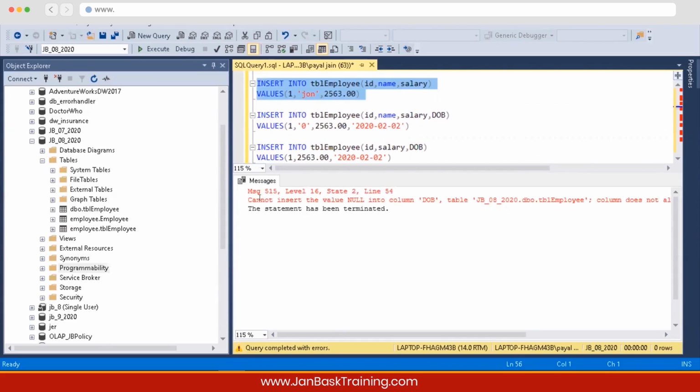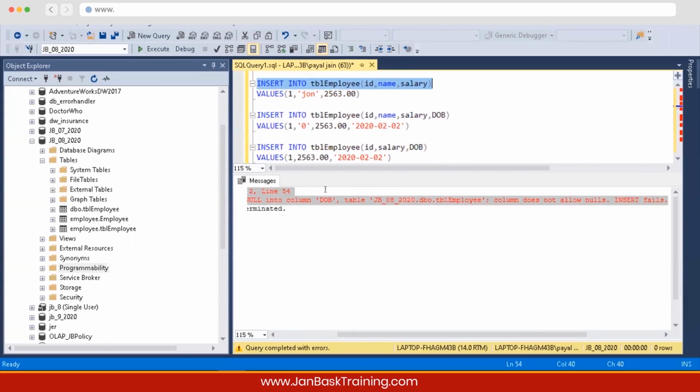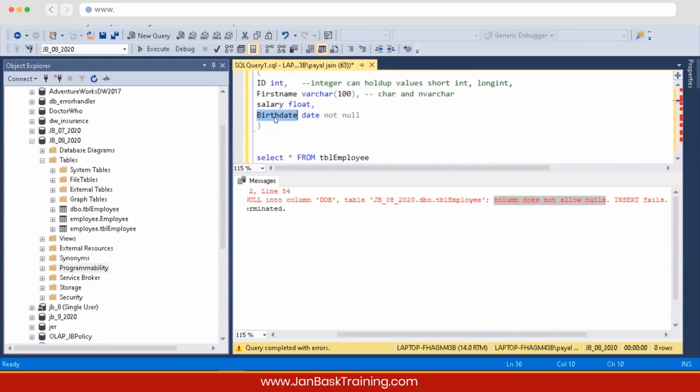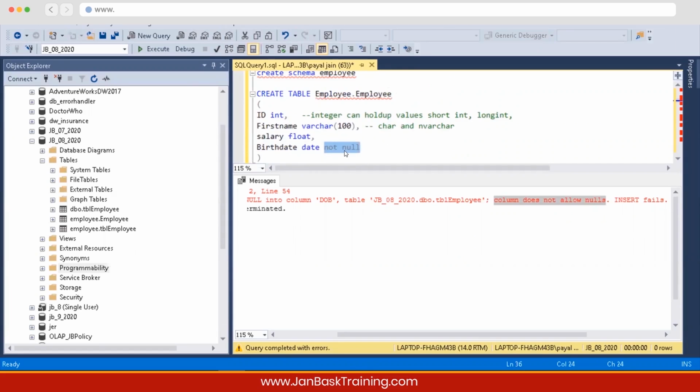Now you can see: cannot insert the value null into the column date of birth. Column does not allow null. That means just by defining a column name as birth date, it doesn't make any sense for SQL. You have to specifically tell it that you want this column not to be null, and null should not be inserted into these columns. These things, not null, and certain other related things are called constraints in SQL Server. About that,